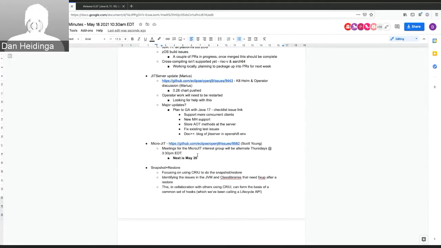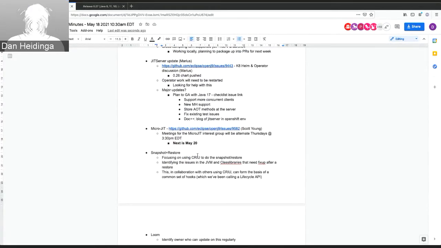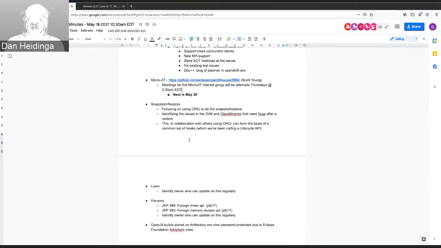The next microJIT meeting is scheduled for this Thursday. An update on the snapshot restore work: we've shifted our focus from doing the snapshot restore at the VM level to using CRIU to do the snapshot restore, and are building